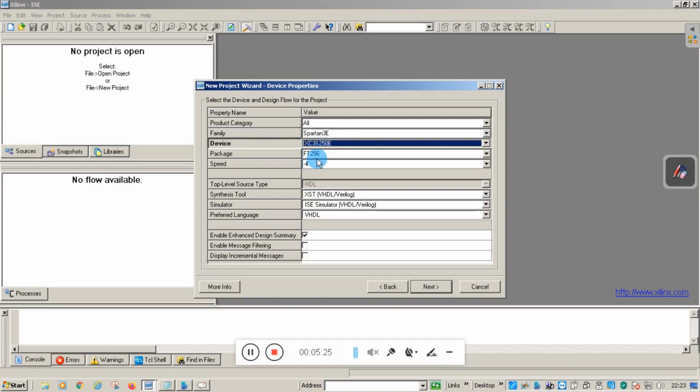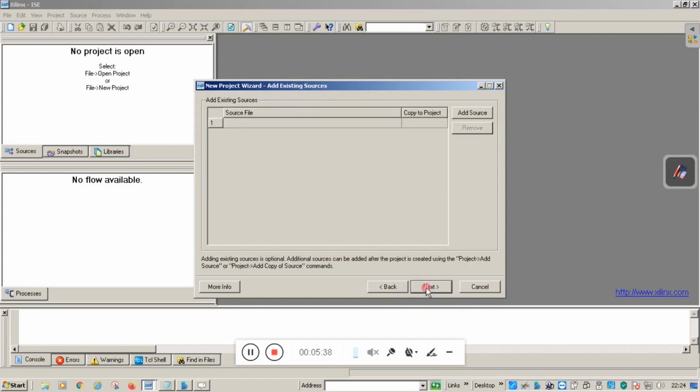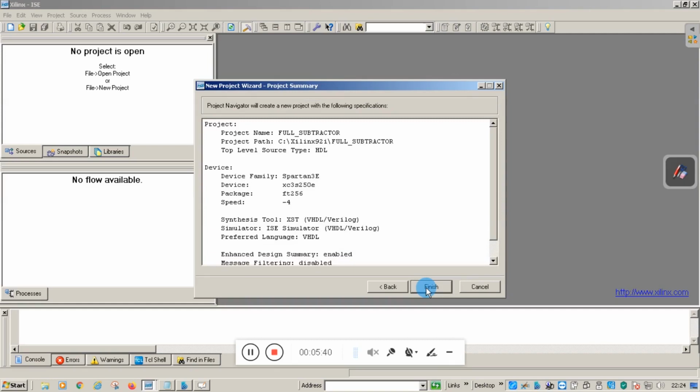Then package is FT256. Then we use the language VHDL. After selecting the necessary changes, click on next, and finish. Here you can see the information related to your project and hardware.